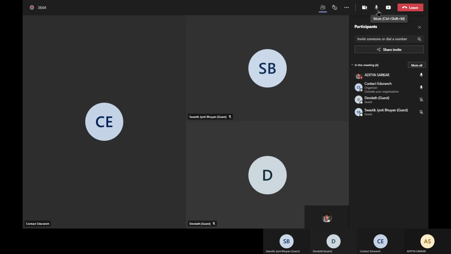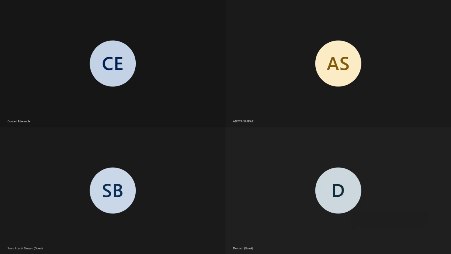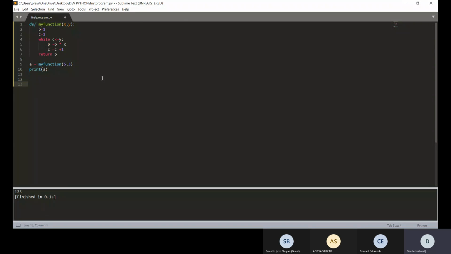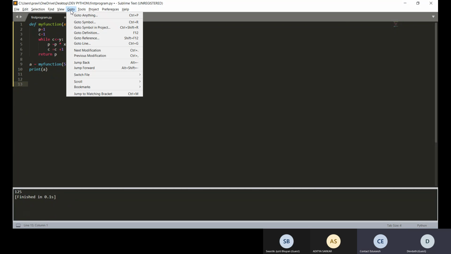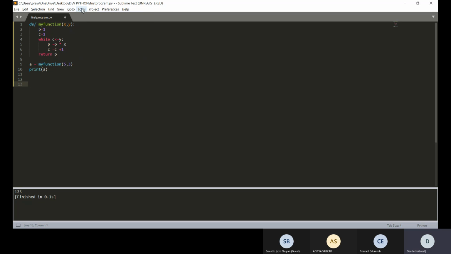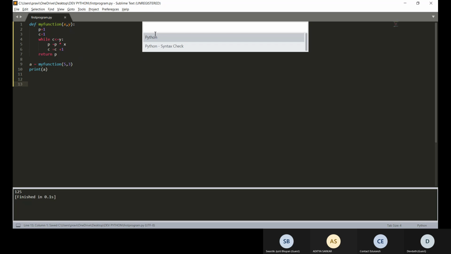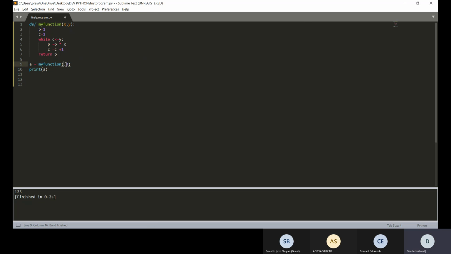Devdutt, can you show me? Yes, sir. This is okay, but why are you doing it with a while loop?